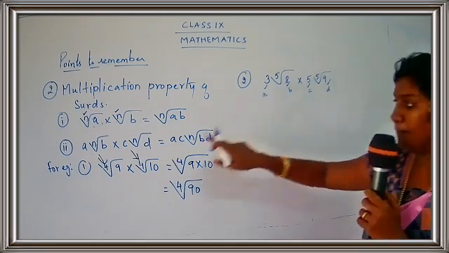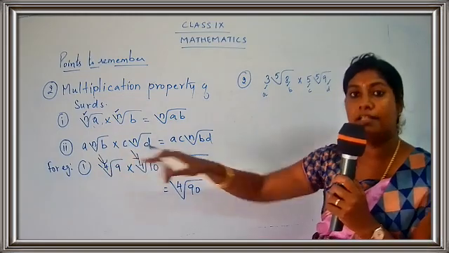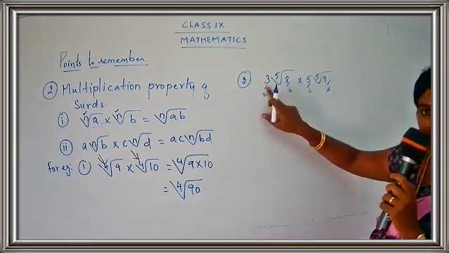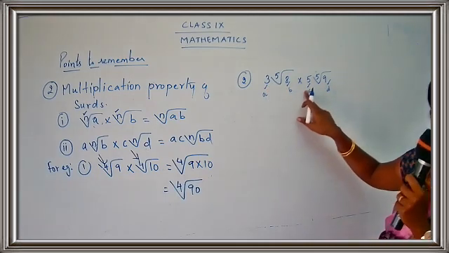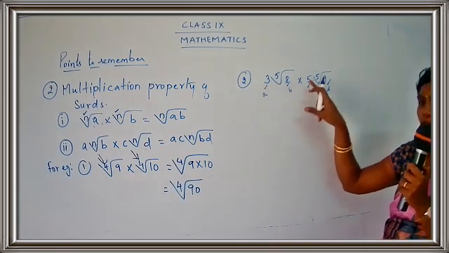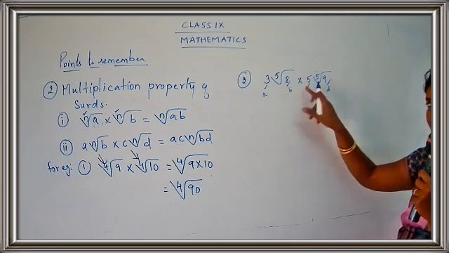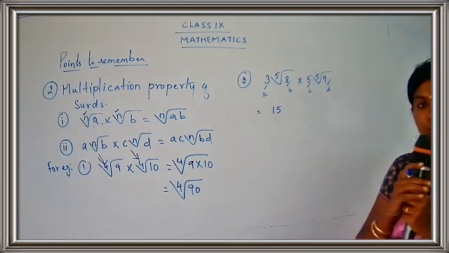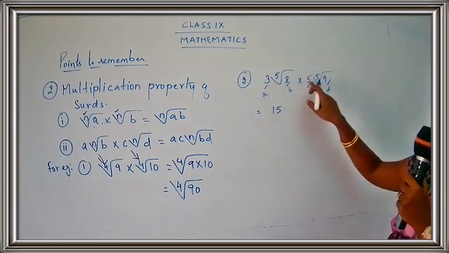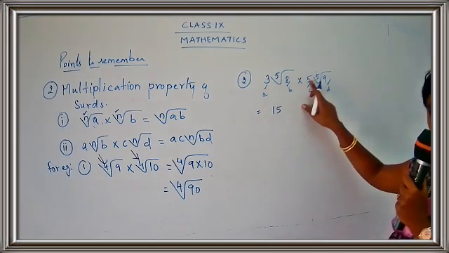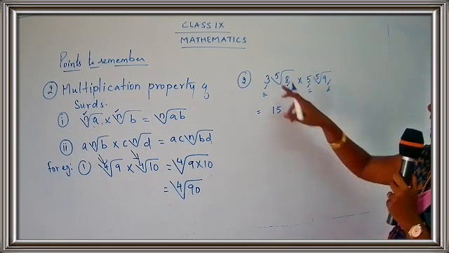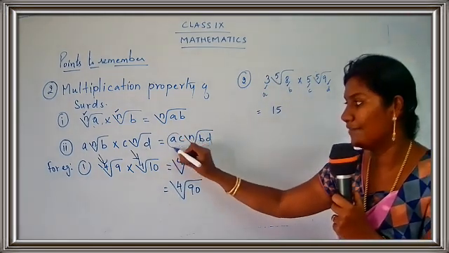You have to multiply A and C first. That means you have to multiply the coefficients first. So what is the coefficient here? 3. Okay. What is the coefficient here? 5. Let us multiply the coefficients. So 3 into 5, 15. Good. So you get the answer 15. How do you get 15? Multiply the coefficients, 3 into 5. Okay, done. Now, just see. I have completed this part.